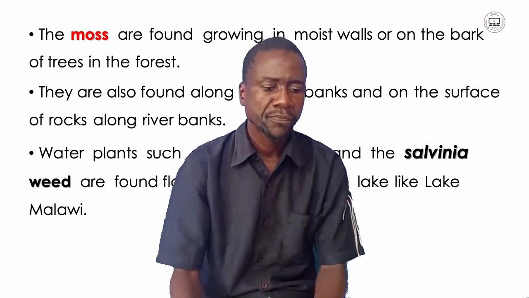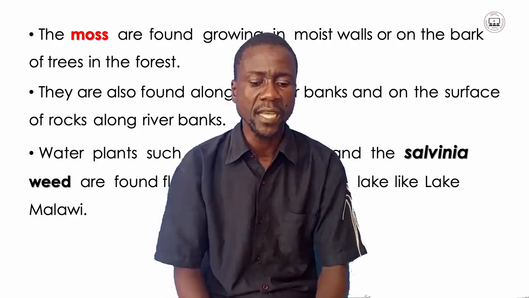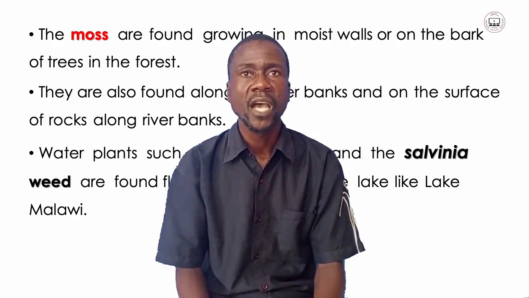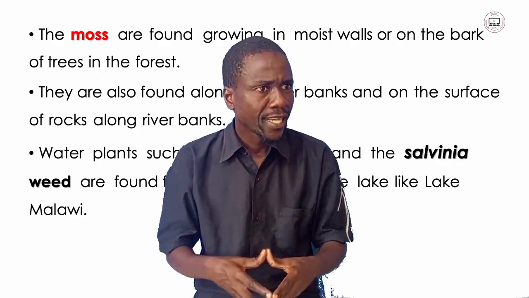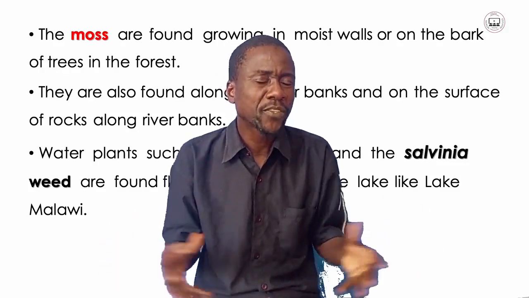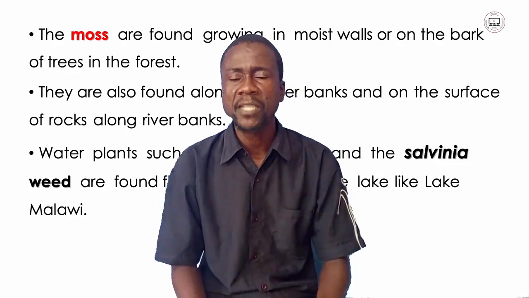So, water plants such as water lilies and the Savannah weed are found floating on water in a lake, like Lake Malawi. How do you expect these plants to survive while they are just floating on the water? These plants have